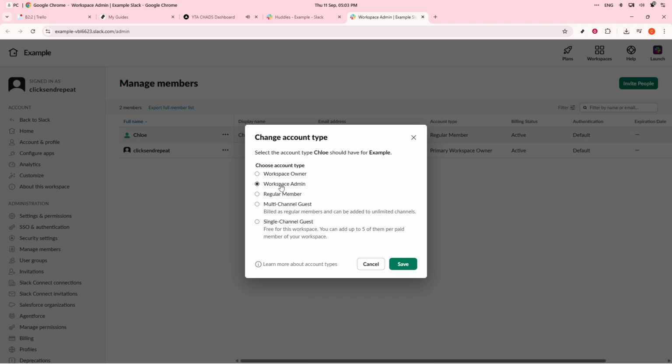Now, let's discuss another role that might be beneficial for your team: channel managers. Open up the specific channel in Slack that you wish